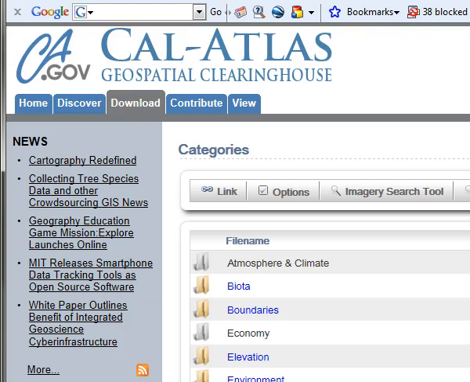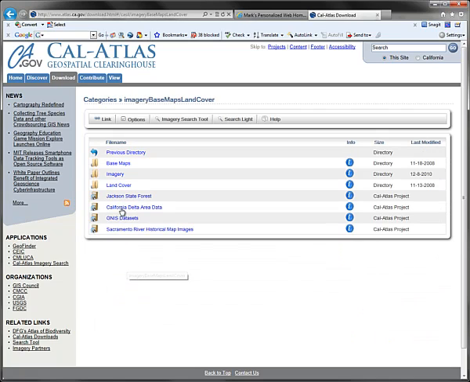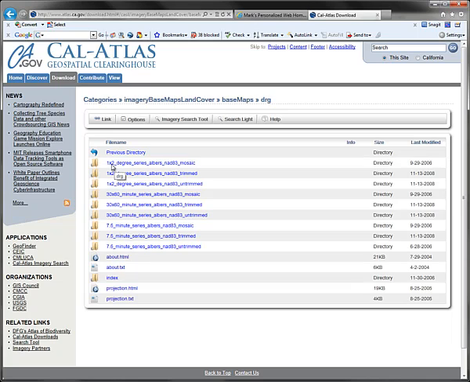So from here we will go into imagery, base maps, and land cover, and the first thing we're going to download is a DRG, which, remember, is the topo map. So from there we'll go into base maps and DRG, and then there's a variety of different scales and trimmed and untrimmed and things like that. We're going to go into the 7.5 minute Albers NAD 83 trimmed,